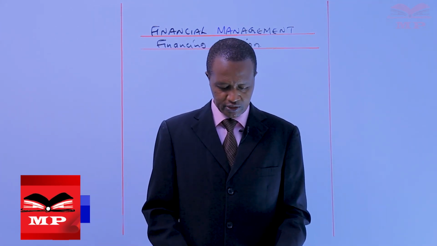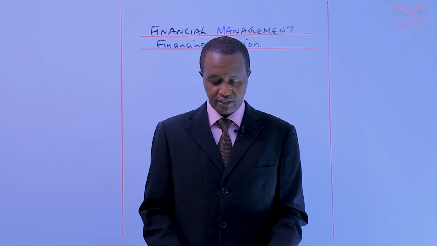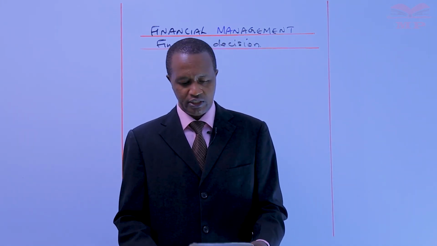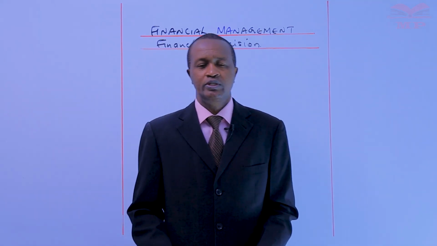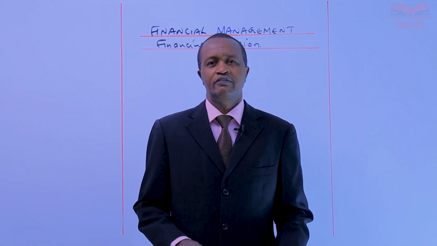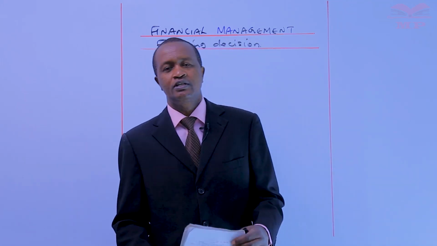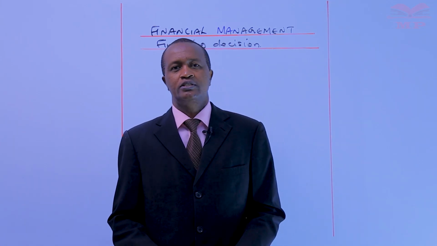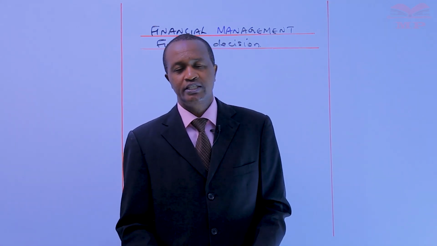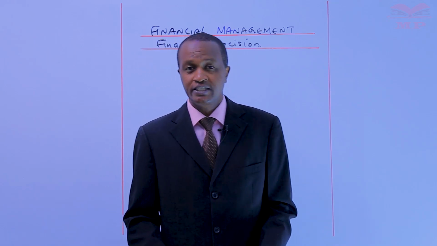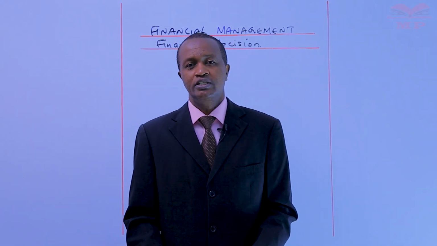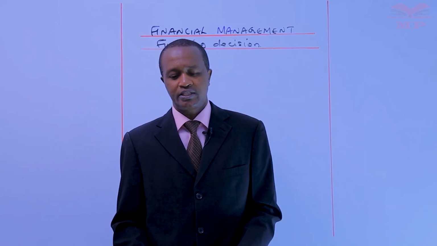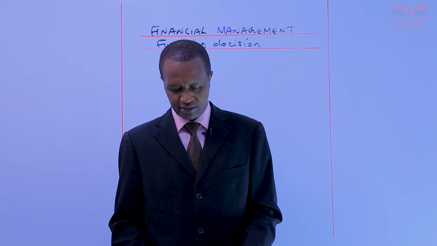Today we're going to start on a new chapter known as the financing decision. Candidates will recall in our first lesson, we did mention that the finance manager performs four crucial roles, four key roles. One of them being capital budgeting decision, financing decision, working capital decision, and also the dividend policy decisions. Those are the key decisions that the financial manager makes.